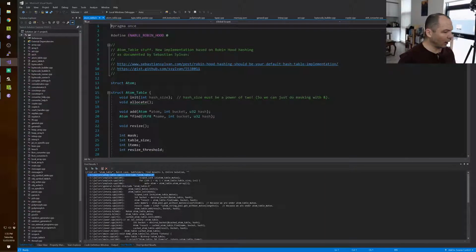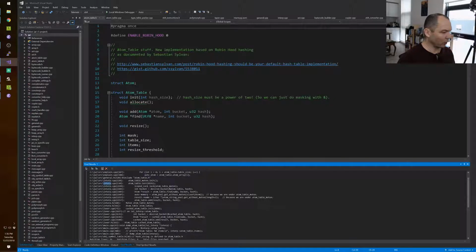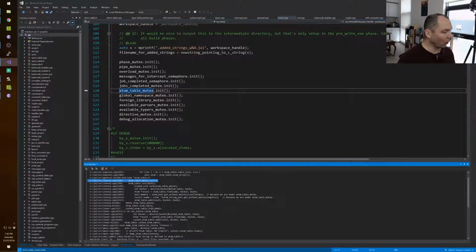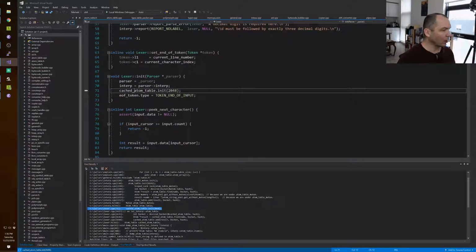so right now there's an atom table and an atom table mutex on interp, which is the main data structure for the compiler. Oh, I did do some work in this direction. Lexers have their own local atom table, and then I think we merge it with the global atom table later on. Because I was observing a lot of contention when you were randomly grabbing atoms. So I said, look, we're going to have a local atom table and then we'll merge. So let's look at,